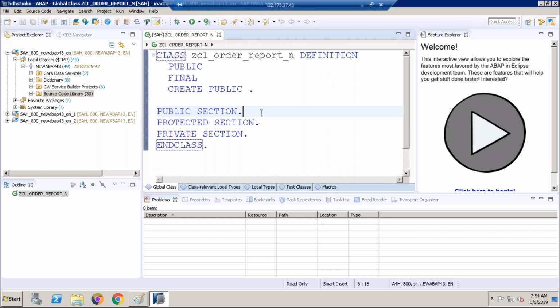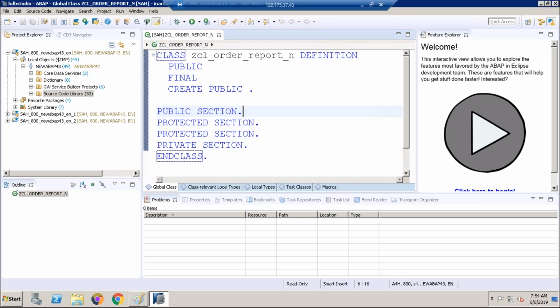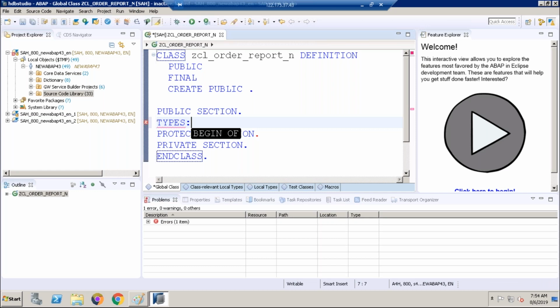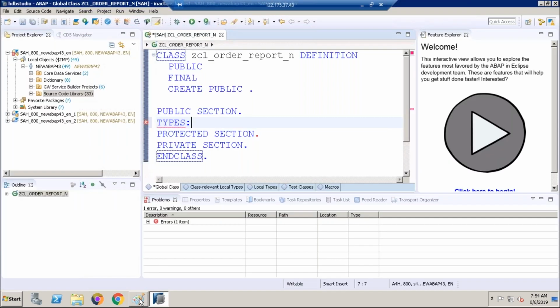Place the cursor under the public section. You can define a structure with types, but before that, we need to follow our point. Remember always, the first point is we need to define a marker interface, IF_AMDP_MARKER_HDB. That is compulsory.